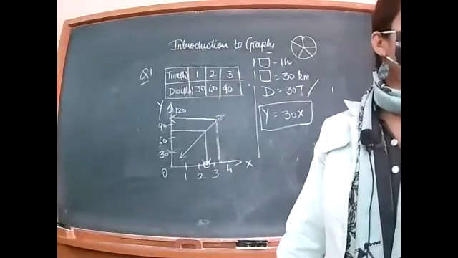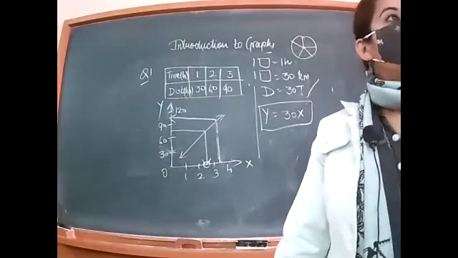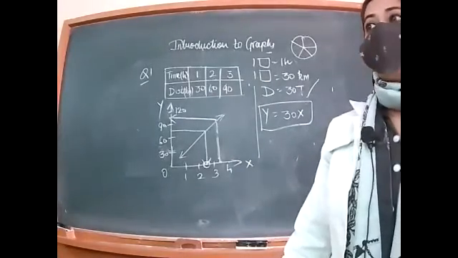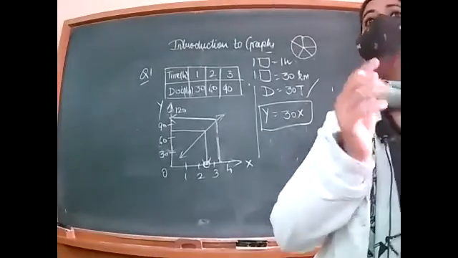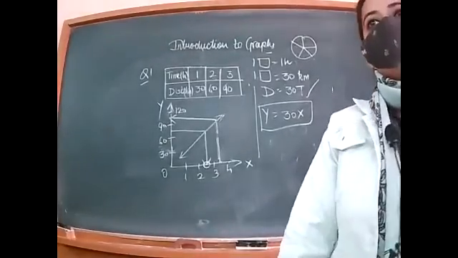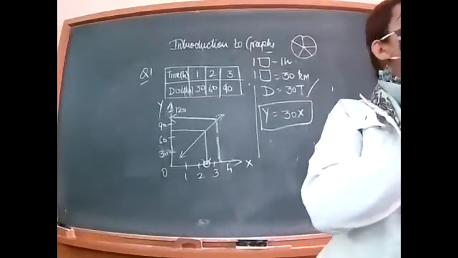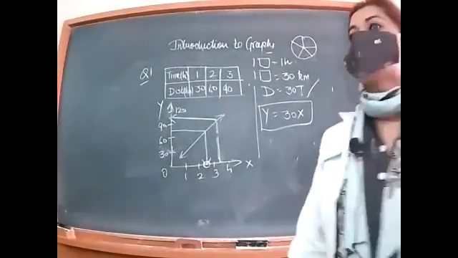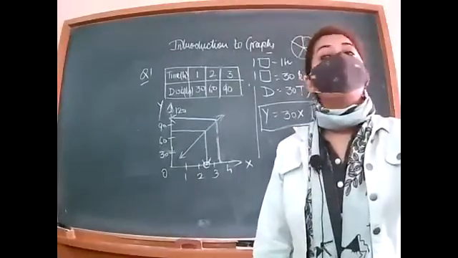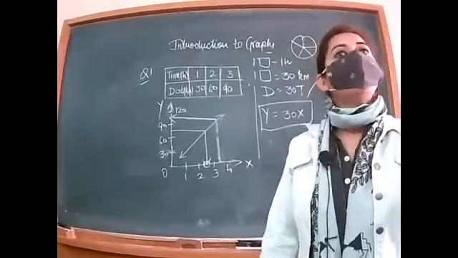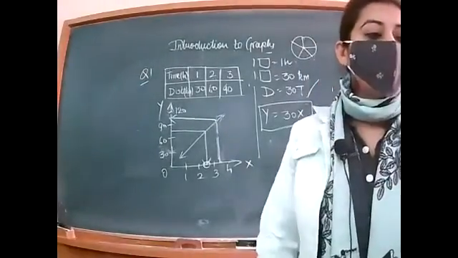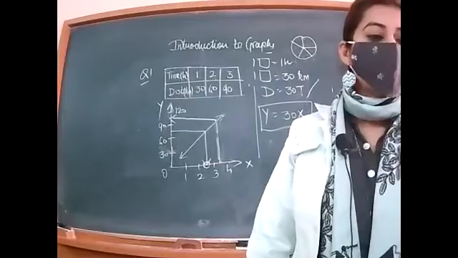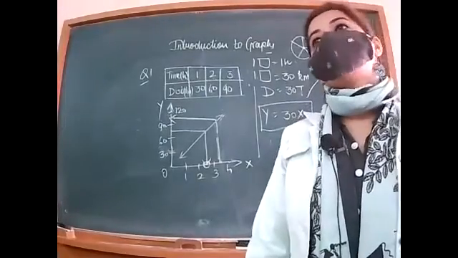For fixing a point on the graph, what do you need? X coordinate and Y coordinate. If you don't have the X coordinate and Y coordinate, then how will you plot a point? That combination of X coordinate and Y coordinate is called a coordinate, and the other name is ordered pair. Got it? The relation between the independent variable and dependent variable is shown through a graph.